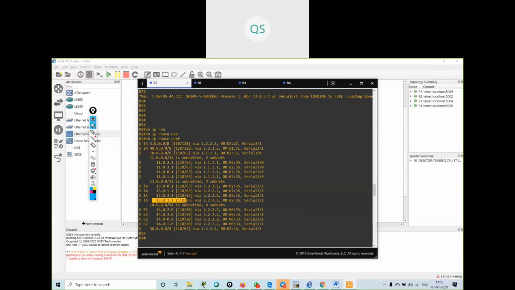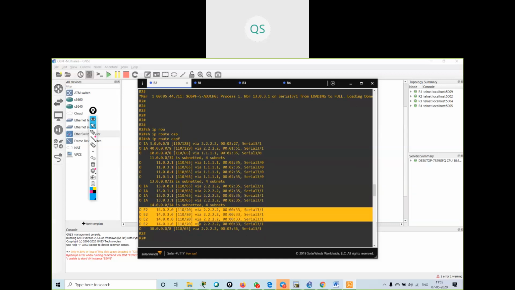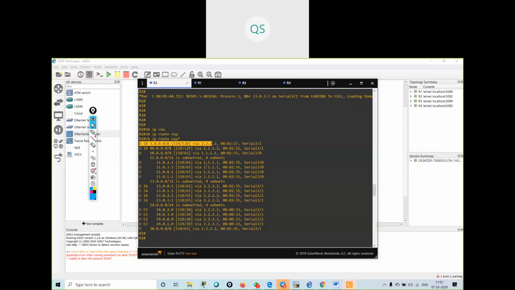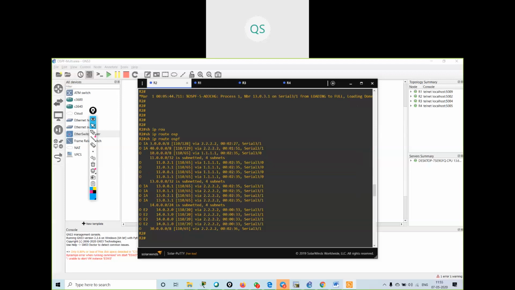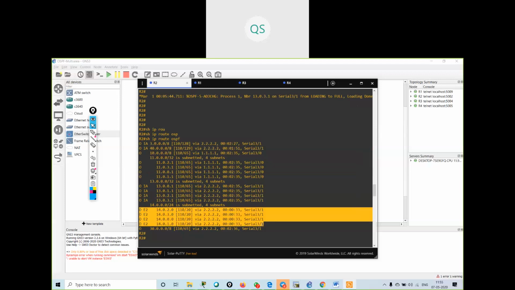We were having all different single routes. For E2 also we were having single routes. So I've removed all these single routes and made all these OIA routes one route with E1 and E2, because whenever I want to go outside my area, I have to go to my ABR router, correct? The ABR router will take me outside the network.